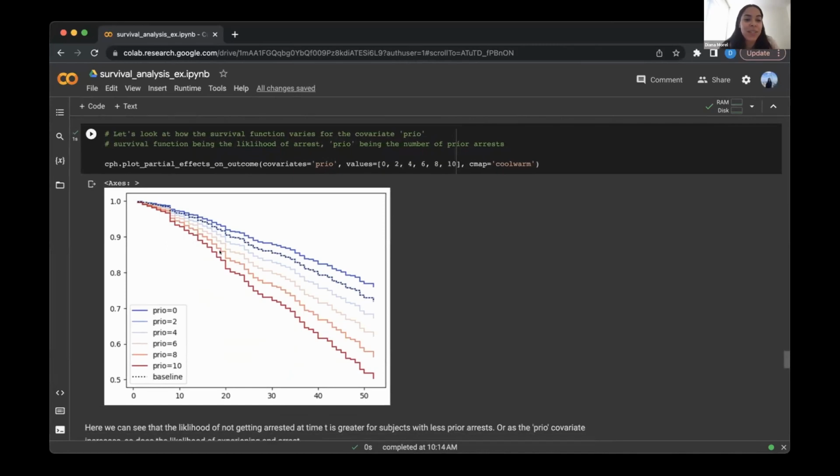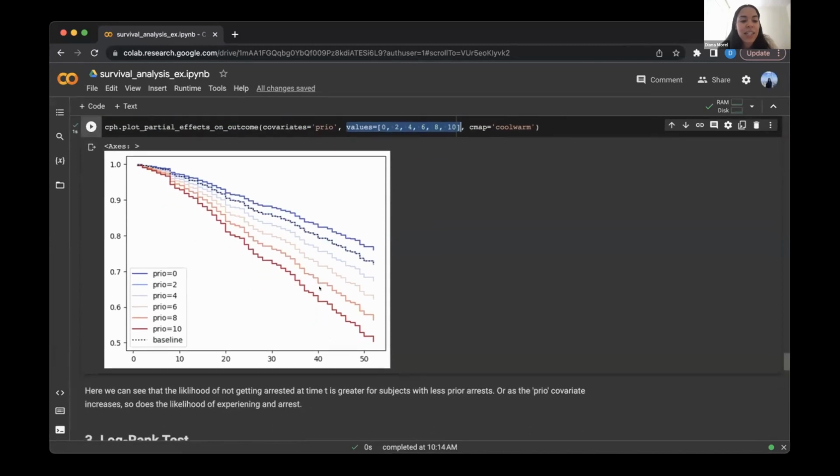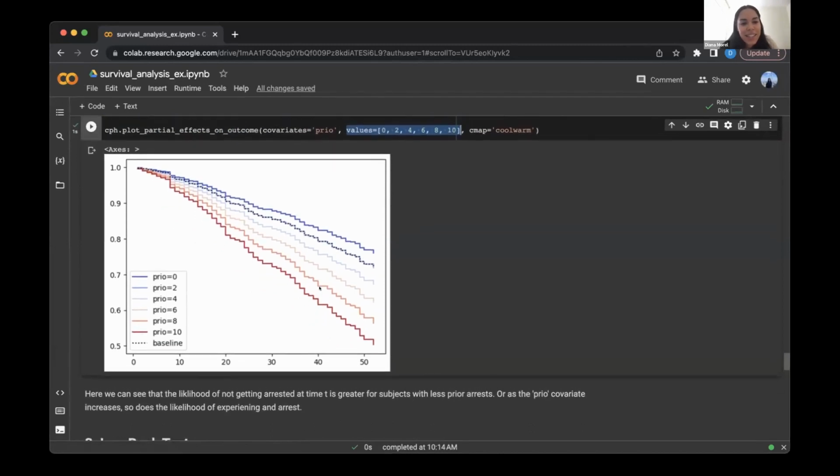The survival function being the likelihood of not being arrested, and this prio column being the number of prior arrests. So this takes in which feature we want to look at and which values we want to look at. And what you'll see here is that the likelihood of not getting arrested at time t